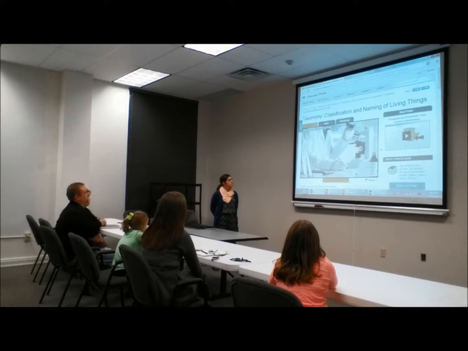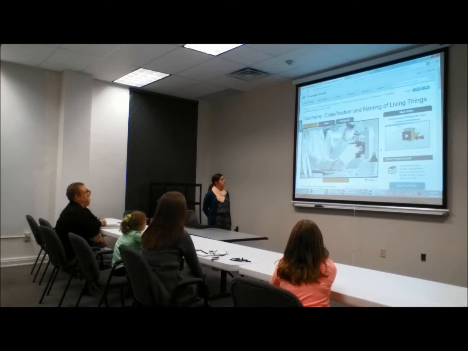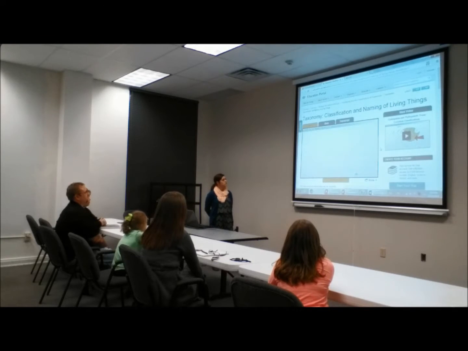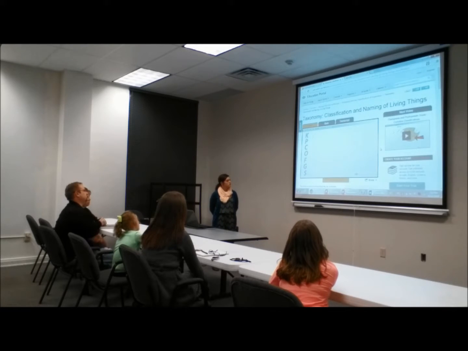Now that we know why scientific names are used and how they are written, let's look at the hierarchical system of creating these names. Linnaeus developed a system that went from broadest to most specific. The levels of classification he used are kingdom, phylum, class, order, family, genus, and species. You can see that genus and species are the two most specific categories, which is why they are used in binomial nomenclature to identify an organism. A good way to remember the order of classification from broadest to most specific is to use a mnemonic device. So